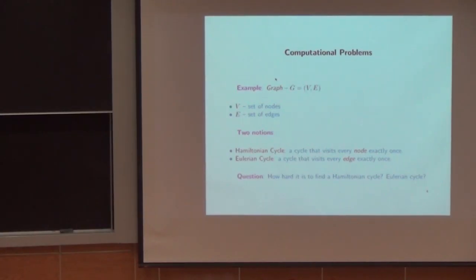Seemingly very, very similar, right? Every node, every edge. Now, the Eulerian cycle problem is incredibly important in the history of mathematics because